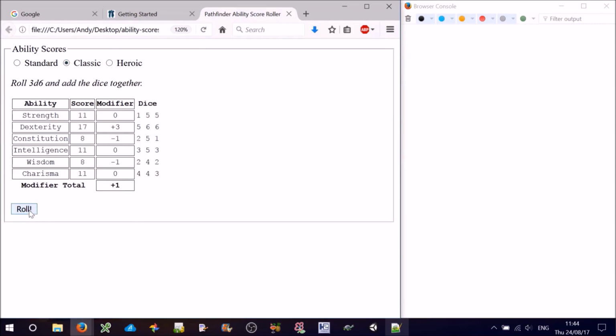Oh, if we click here, oh yeah, that resets. If we roll that, great. So we can roll some really good, those are plus 13, plus 11, and then we click on classic, it clears. Roll that, plus 4, seems okay for the classic method. Plus 5, so we get minus 2, click on heroic, it resets. Yep, so the heroic method rolls 2 dice, the classic method rolls 3 dice, and the standard method,